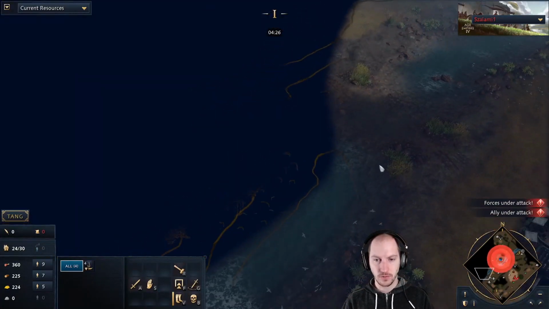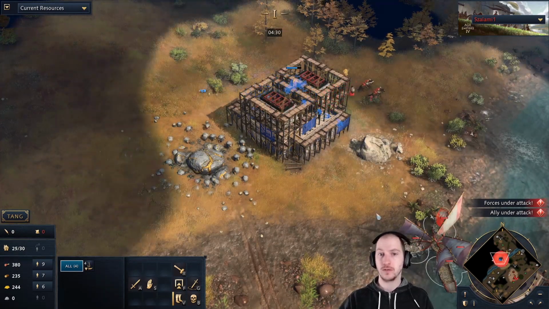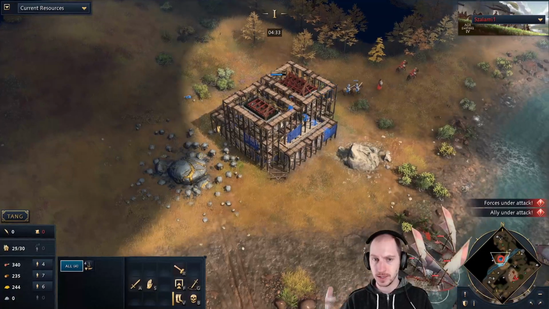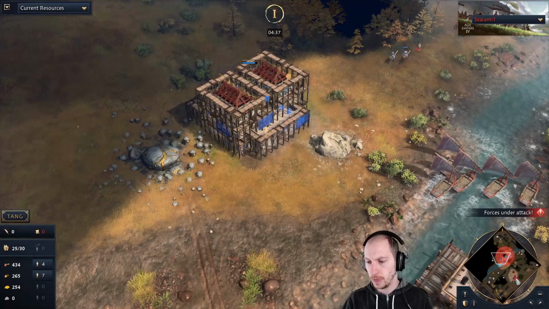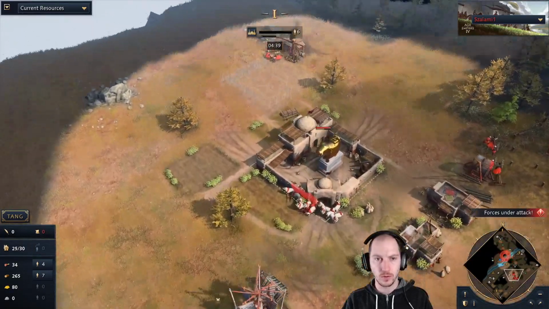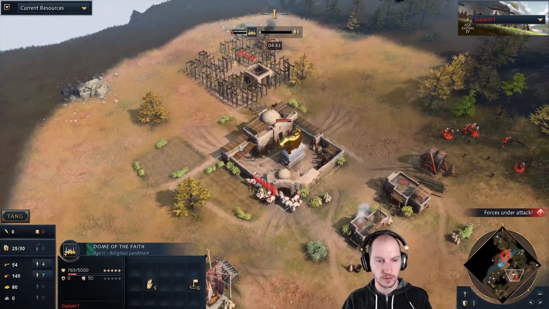I think he does need to confirm if his opponent has a dock, or at least confirm his opponent's villager resource allocation, right? So if he sees 8 of his opponent's villagers on wood, you can be pretty sure your opponent has a dock and is pumping out fishing ships somewhere. And is now going up with the Dome of the Faith. Okay, so